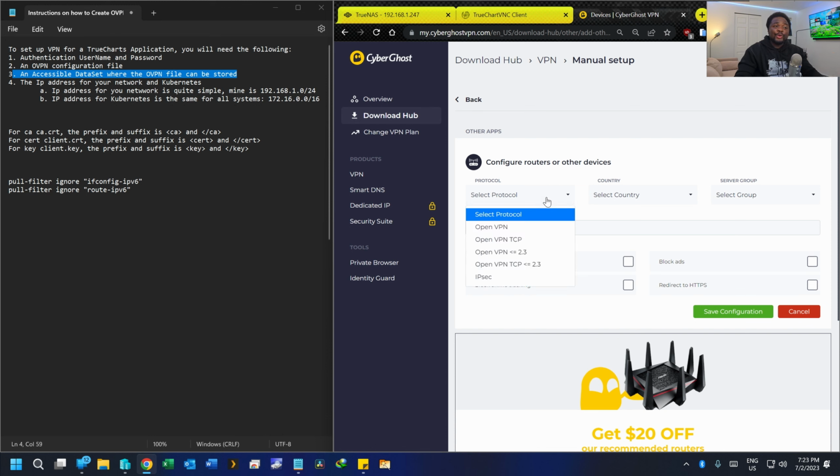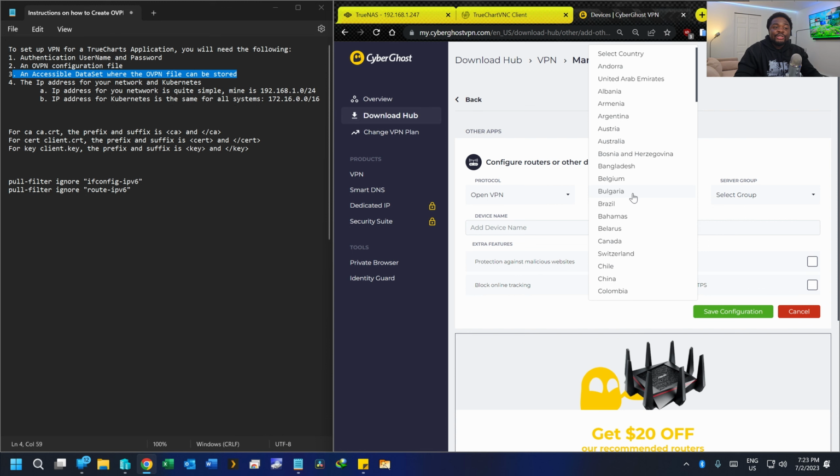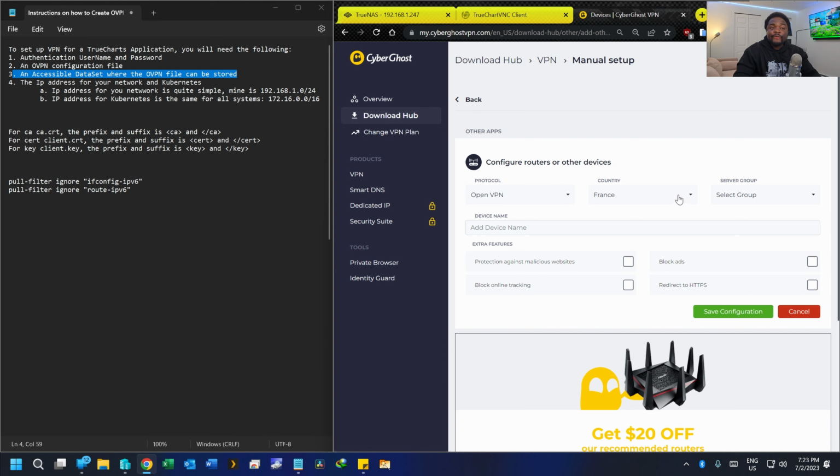What protocol do we want to use? Obviously, we want to select OpenVPN. Which country do we want to use? Let's use a country that we haven't used already. Let's go with, let's see, a country that is popular. Let's go with France. Okay, so we go with France, and then we get an option to choose which service